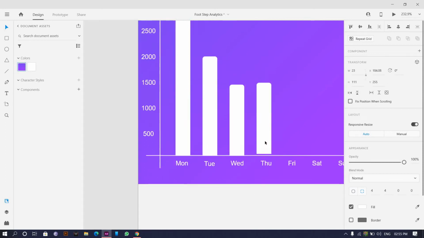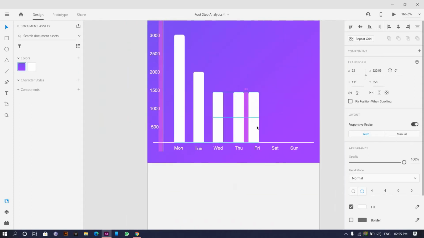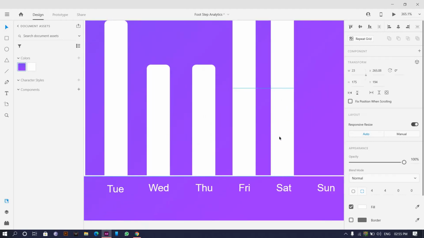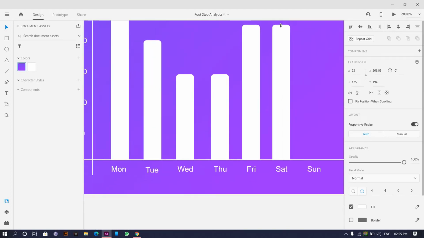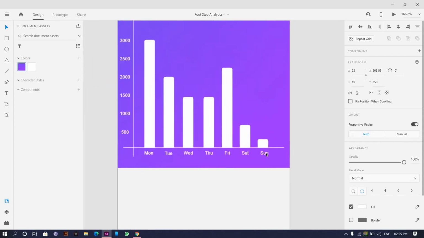Okay, but I don't want it to fit in here. Yeah, now it's fine. And then Friday also it is a little good, a little more. So yeah, this one again Saturday, being a Saturday, the person has hardly walked 500 steps, and on Sunday, as it is Sunday, not even 250 steps. So keeping everything in mind,